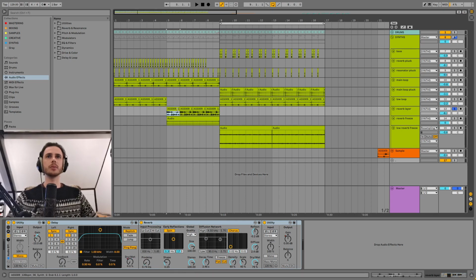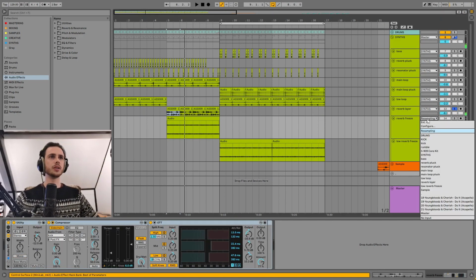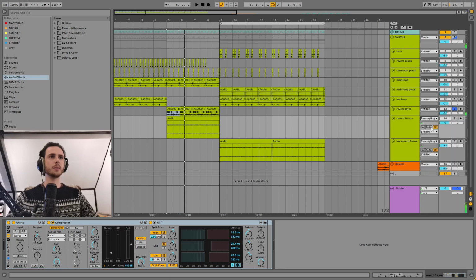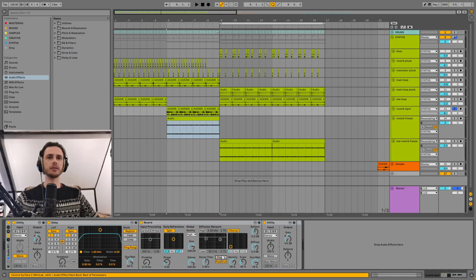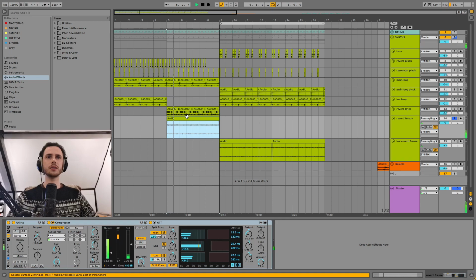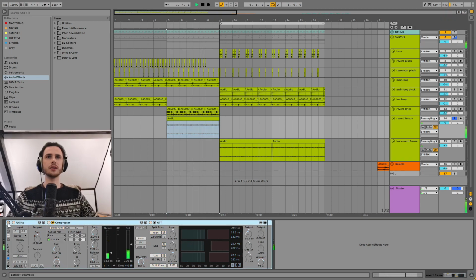So what that does in Ableton Live, you can play some audio and freeze it, and the reverb continues. And then what I did is I resampled this. So I went into resampling, and then I record enabled, and I just let this play out. And now if I unfreeze and listen to this, I put a compressor on, side chaining, and it's